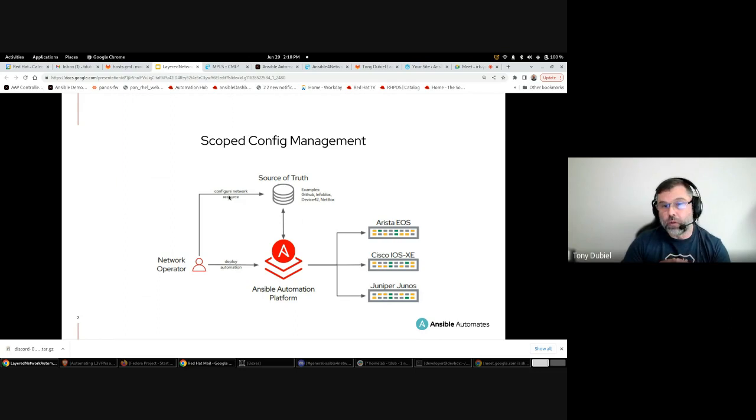So really any of those other sources of truth that we have a module and a collection for, you can call those REST APIs through the module and pull in data and then use that for comparison purposes. The drift part of it is when somebody goes out of band and perhaps makes a change to the device that is not in compliance with your policy. So you may want to overwrite that change. So you would be able to detect that change and then make that decision on if you want to overwrite,